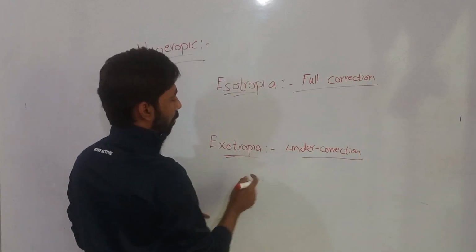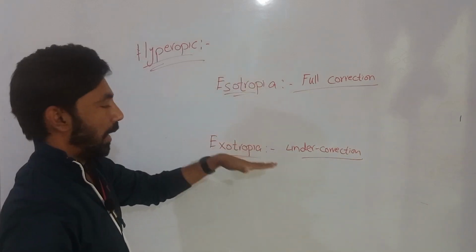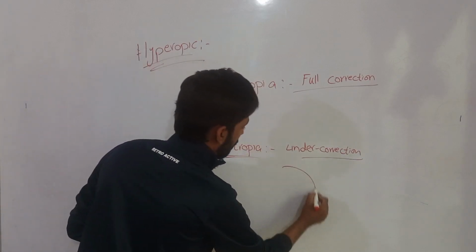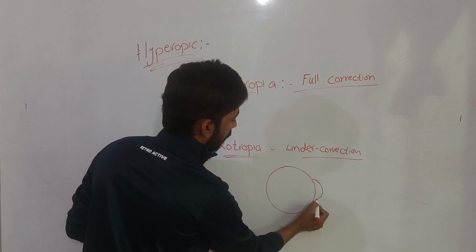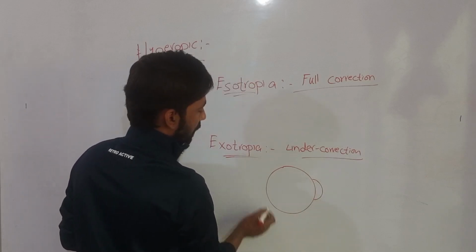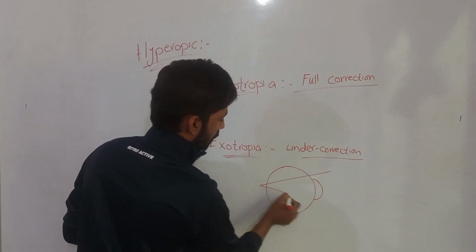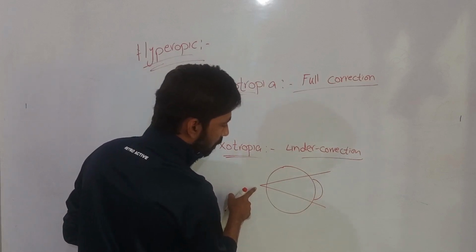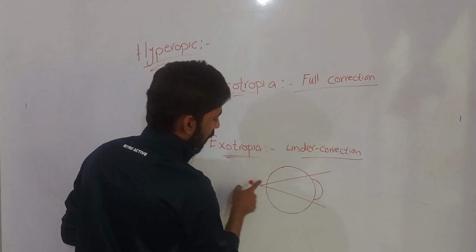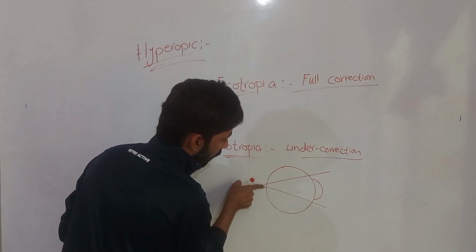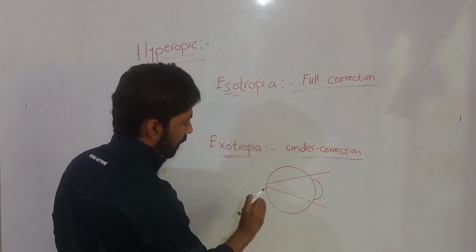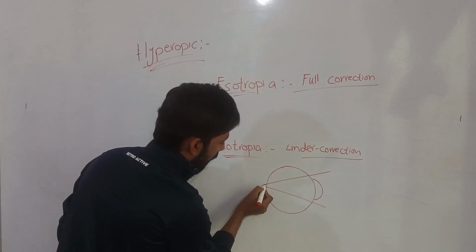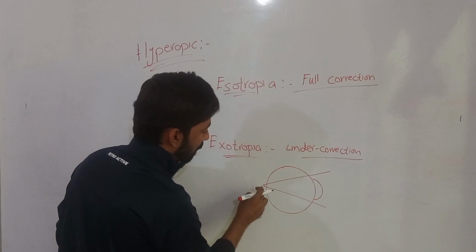So in exotropia, we have to prescribe under corrected plus power, right? Why? Suppose this is the eyeball, and the patient has hyperopia, and we will under correct the plus power. So we are not going to treat the whole hypermetropia. We leave some hyperopic condition in the eyeball, which means the patient will accommodate,